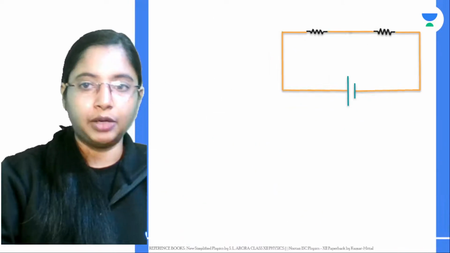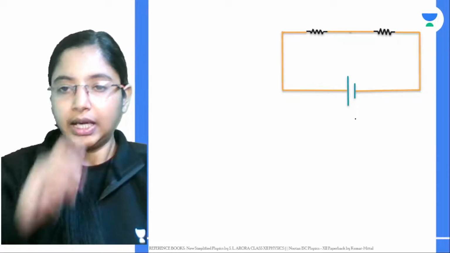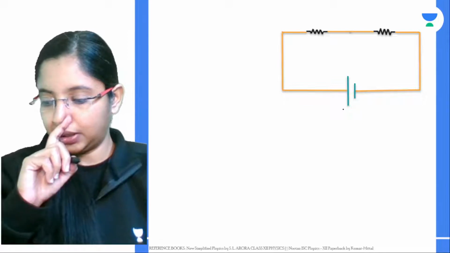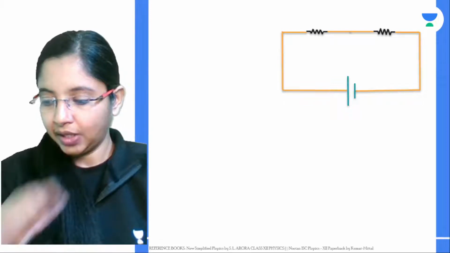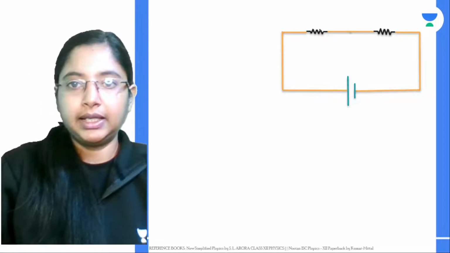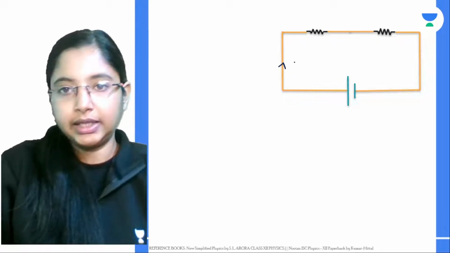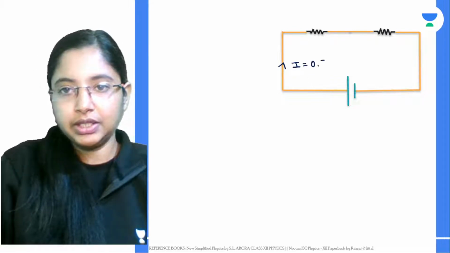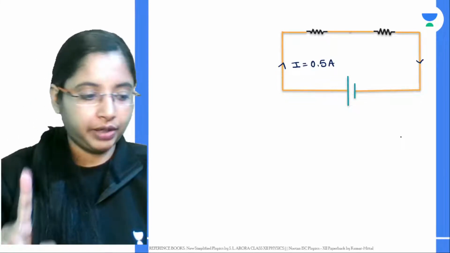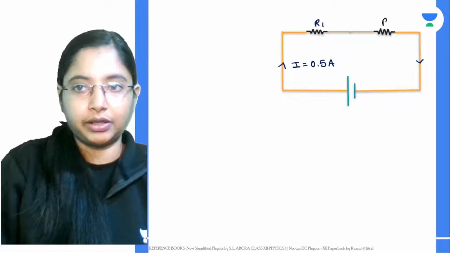All right, now let's say we have a circuit with a battery, and a current is flowing through this circuit. This particular current is 0.5 amps. It goes from positive to negative. When 0.5 amps of current flows through these two resistors R1 and R2,